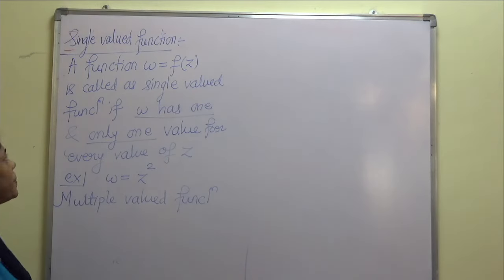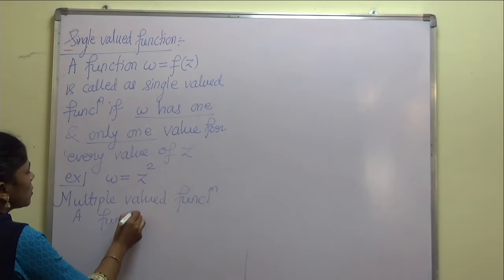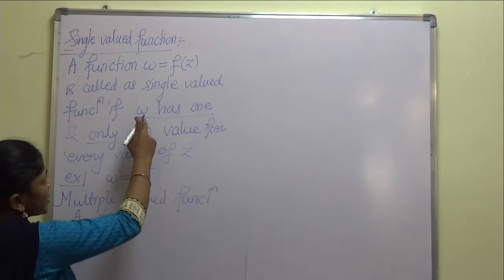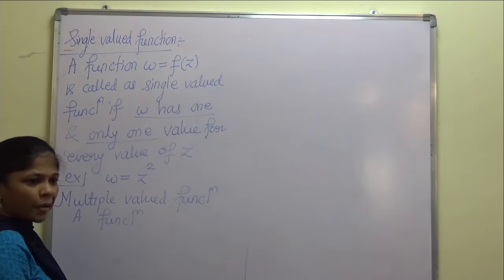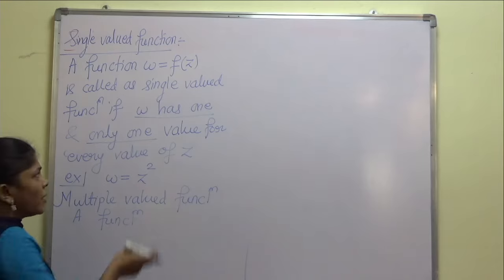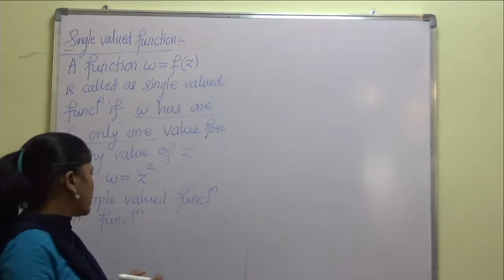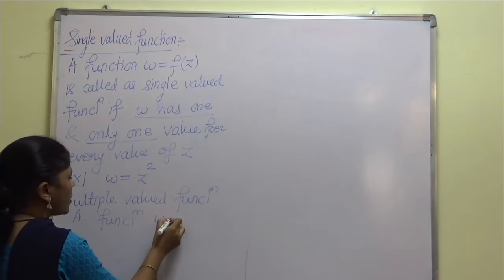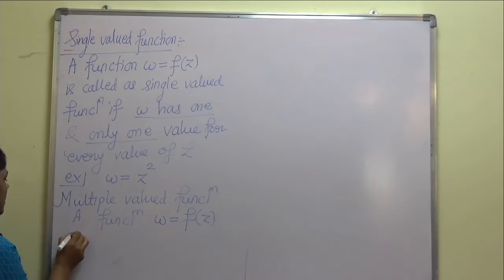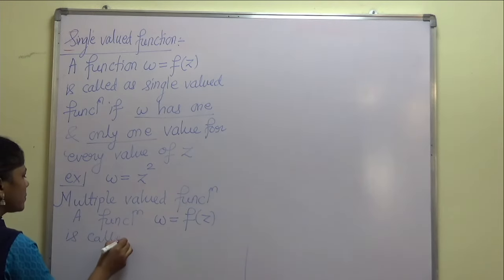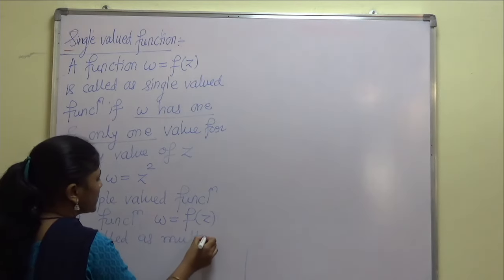Next part is multiple valued function. So for a single valued function, what do we have? Omega has only one value, right? For a multiple valued function, what will be the change? Instead of only one value, it may take more than one value, right? So a function omega equal to f of z is called a multiple valued function